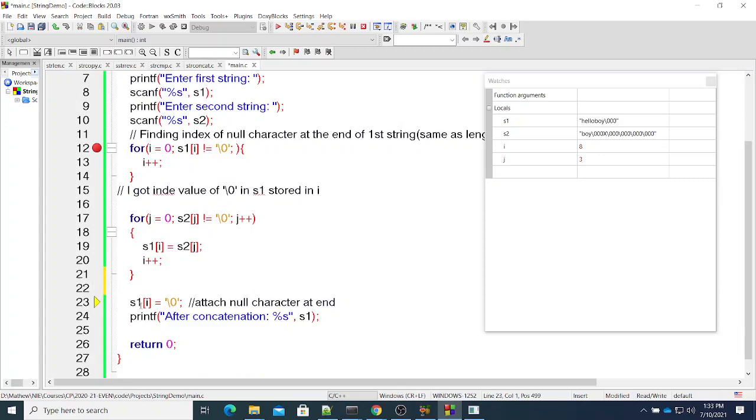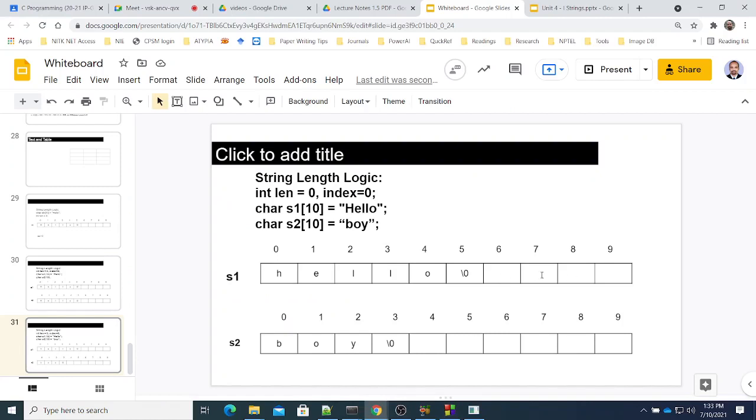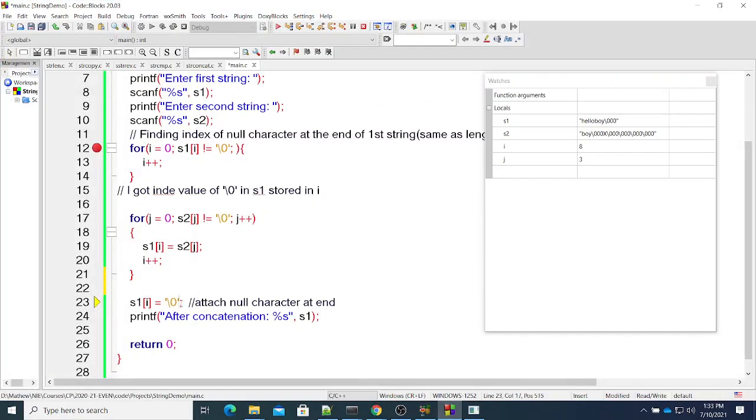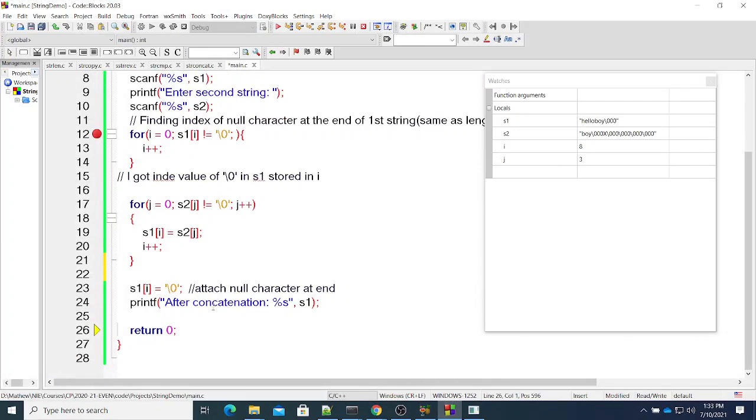There we have a statement s1[i] equal to slash 0. i is having value 8 now. Where is 8? Now B is stored here, O is stored here, Y is stored here. Here we should put a slash 0 to indicate the end of the string. That is what we are doing here. At index 8, i value 8, we are putting a slash 0. We are done. So this is string concatenation without using